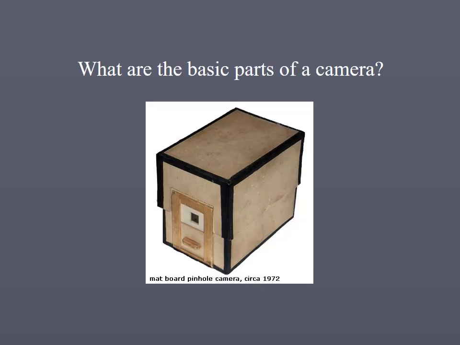So what are the basic parts of a camera? Let's look at a pinhole camera to get an idea of what these parts are. Well, first obviously is the box. A camera is a box. It's a room, right? So you start with a box. Then you put a hole in it. You put the aperture into it. Then you put a shutter over the hole. In this case, it's a little sliding piece of wood that goes up and down to cover the aperture.